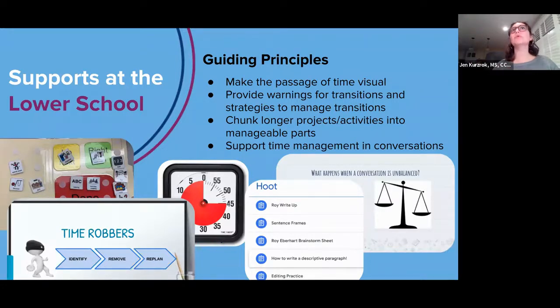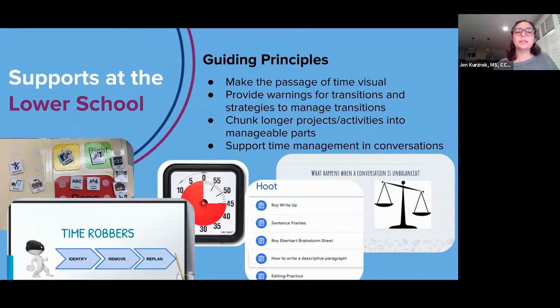But actually the most important things for me to keep track of are really what am I doing right now and what's coming up next. Beyond that, it's all here if I need to reference it, but this is what I'm thinking about right now. And then it can also look like students or teachers helping support students by breaking up a longer project or a more complex activity into smaller, manageable parts.